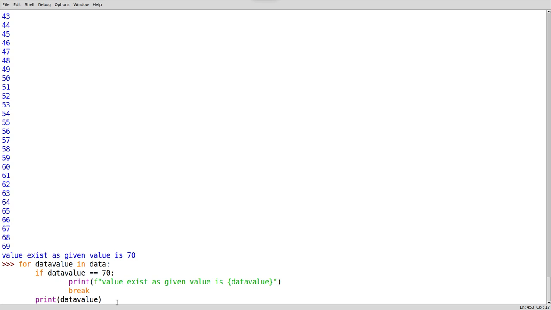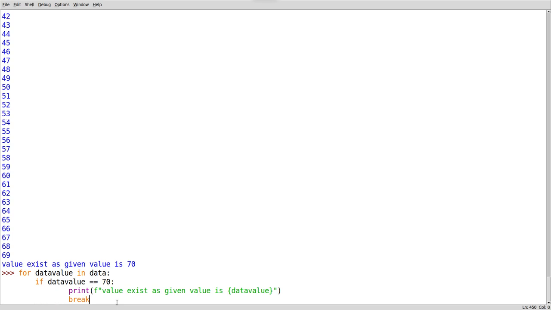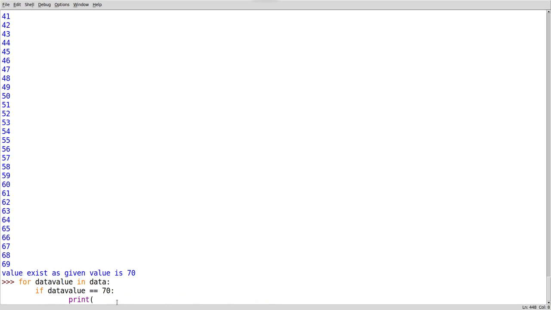Okay, now I will do a small change here. For the same for loop, I am saying print the data value.